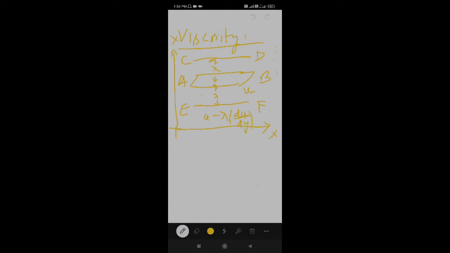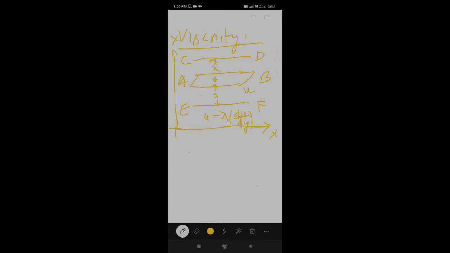You see, the dimensions of dy and lambda: both are lengths, so they have the same dimensional formula and the same units. That's why whenever you cancel lambda and dy, you again get velocity only, du. So this is simply u minus du. Why? Because the molecules in the EF layer have lower velocities. Similarly, you write the expression for the velocity of molecules in the CD layer.